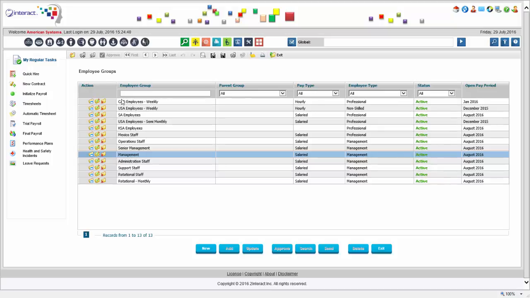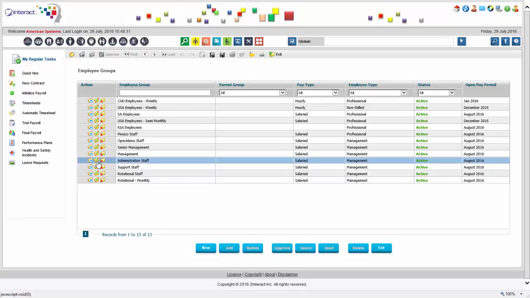You notice that I have other countries mentioned here, and that is because I can actually set up different rules for different countries within a single company setup. I do not even need to create new companies or separate employers in order to pay people in a different manner and according to different country rules. So let's take a look at one of these groups, which is administration staff. In this case, I have the pay period for August 2016 open,